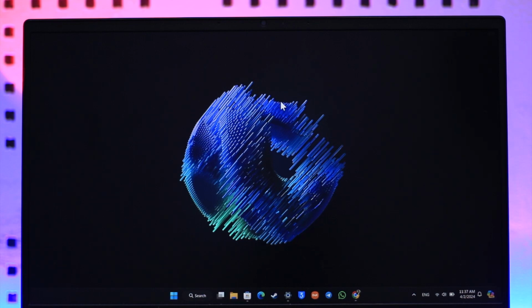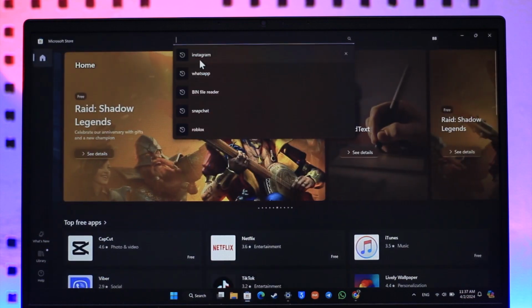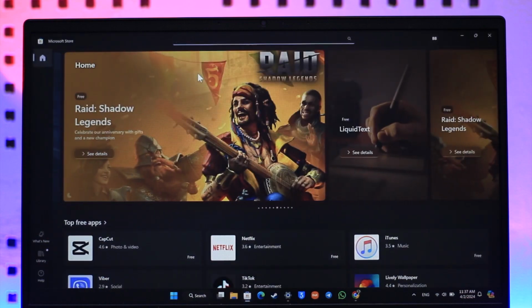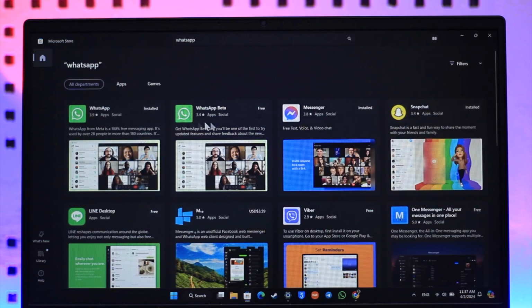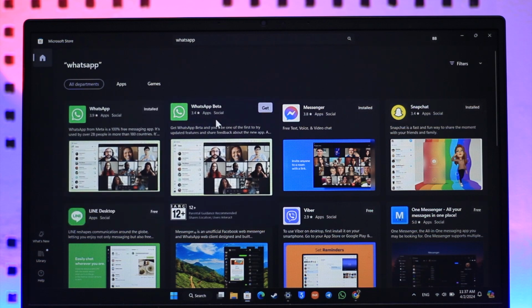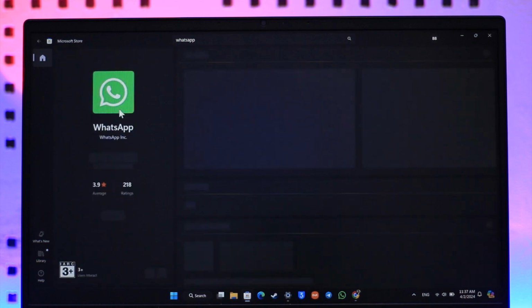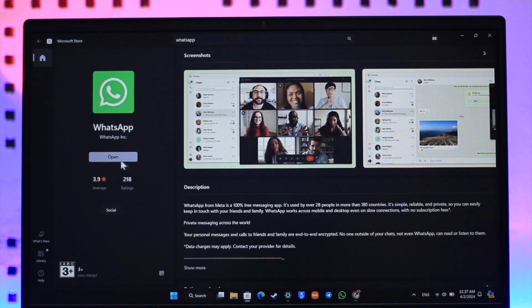If you want to open and use WhatsApp from your laptop, open up your Microsoft Store. In the search bar at the top, search for WhatsApp. Then you'll find two applications, WhatsApp Beta and WhatsApp. Now WhatsApp Beta will give you more features, but it could have more bugs. But if you want the stable one, you can use the normal WhatsApp application here, and then just make sure to